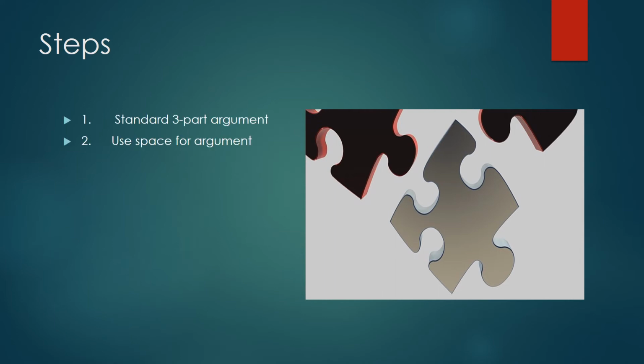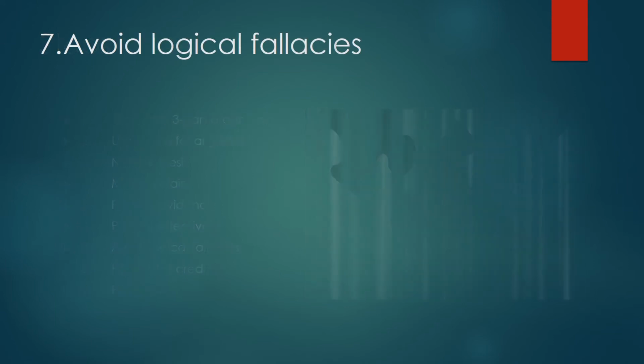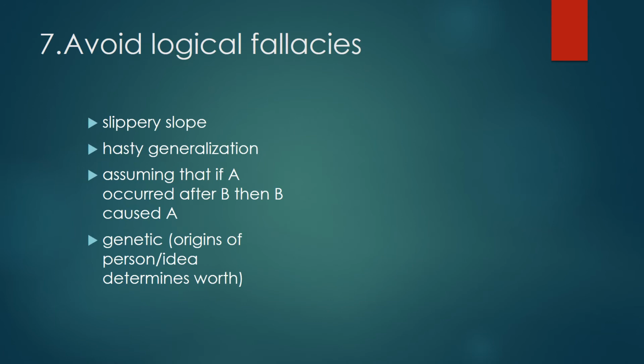Let's look at step number 7, avoiding logical fallacies. Logical fallacies is a representation of their own, but for the time being, we'll make do with the following. Avoid a slippery slope argument, hasty generalization, assuming that if A occurred after B, then B caused A, the genetic